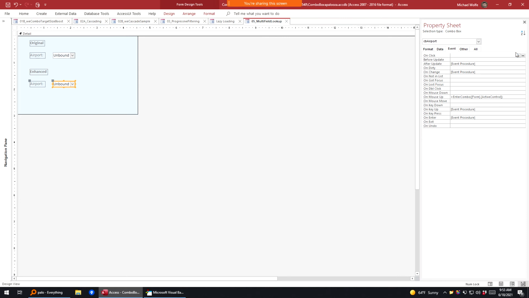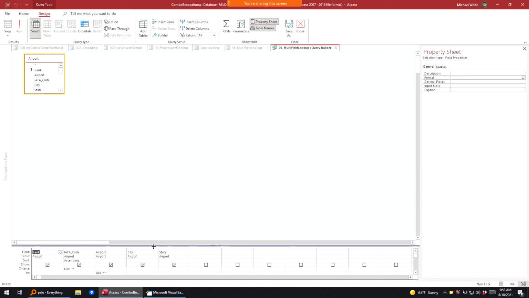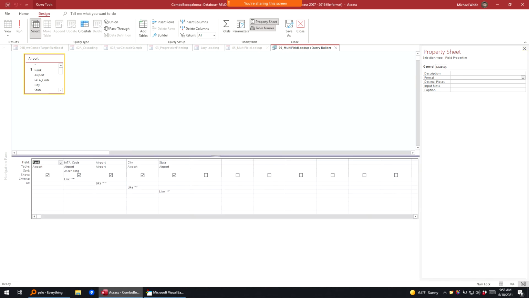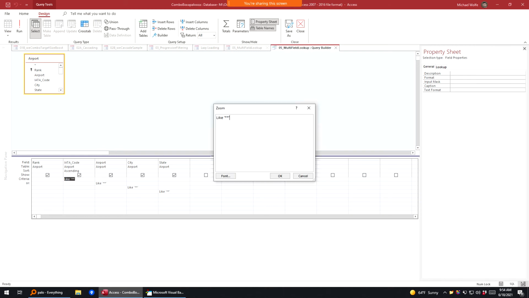The other part of the implementation is in the row source itself. So if I open up the query that's running in the background, and I apologize, this might be a little bit hard to see, but let's see if I can do, there we go. That hopefully is a little bit bigger. We're using these double asterisks. Anywhere that there's a double asterisk, the nice thing is that this is going to do the wildcard search whether you have text in there or not, and then we can use a regular expression